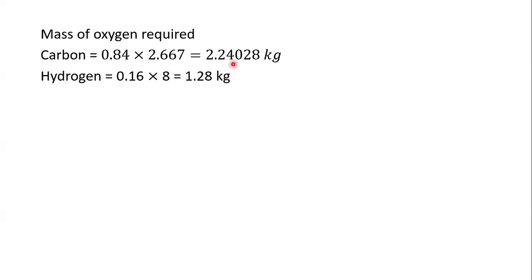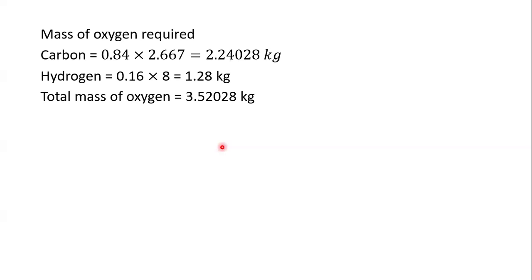So 0.16 times 8, which gives us 1.28. 1.28, and there you have it as the amount of oxygen required to burn this present hydrogen amount. And of course, we can now just add them up like we did earlier. Add this number to the other one on top. Our total is